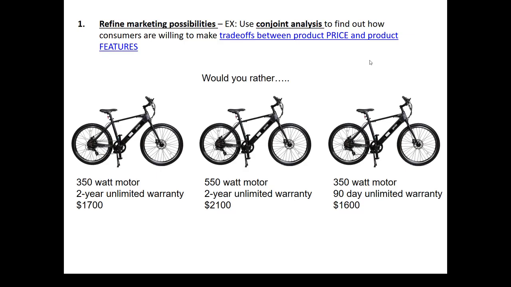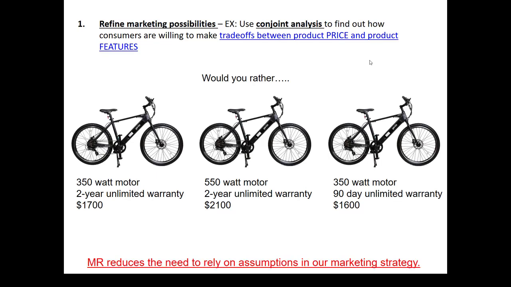Or maybe you prefer the one on the left that has a bit of a middle ground of all the options. A marketer confronted with figuring out how to mix the product features in the best way that still satisfies the need of the customer at a price that they will pay and meets our profit needs is the goal of a conjoint analysis. So, like many other marketing research techniques, conjoint analysis reduces the need to rely on assumptions